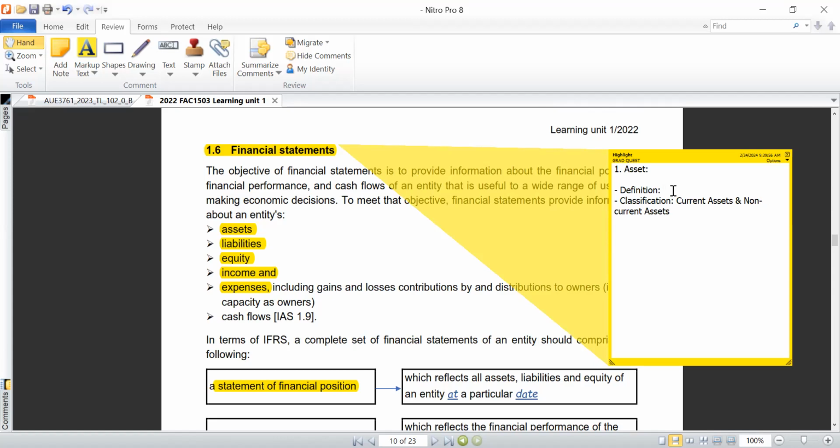So an asset, essentially, refers to the economic resource under the control of an entity. In fact, let me break it down for you so that it makes more sense, because with bullet points, you'll be able to understand it better. Right. So we're saying that an asset essentially